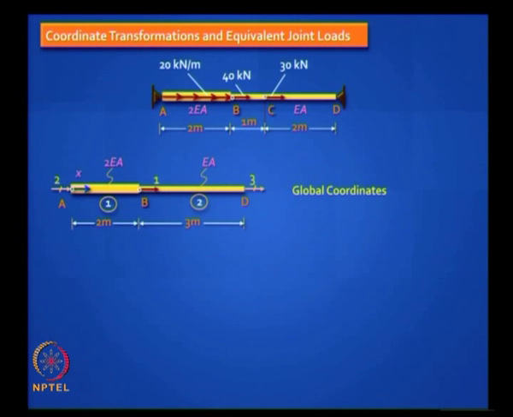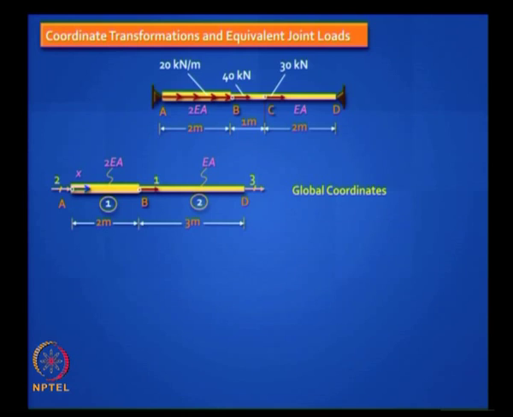First, write down the global coordinates. Well, we are very clear, there is only one degree of freedom, right? So we will label that 1. Then we have 2 restrained degrees of freedom, right? One here and one there. Let us point it all in the same x direction, we call it 2 and we put a slash to remind us that it is a restraint, and 3. Is this clear? Please do it. So you got 3.